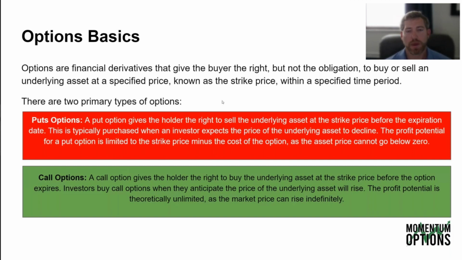Now, there's two types. We have put options. A put option gives you the right to sell, and we have a call option, which gives you the right to buy. On Friday of this week, the S&P 500 closed above the 5,000 level. So on the SPY, that's 500. The SPY is about 1/10 in price of the index. So SPY closed above the 500 mark. So we could buy a put, which gives us the right to sell at 500.